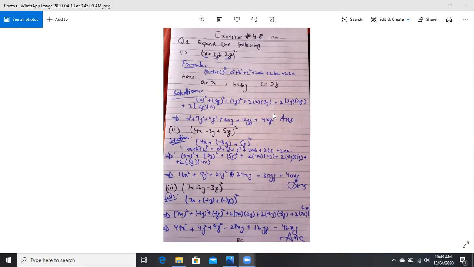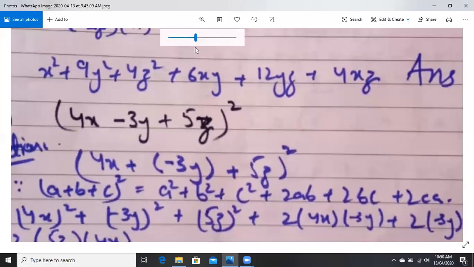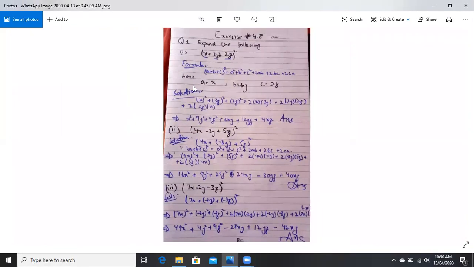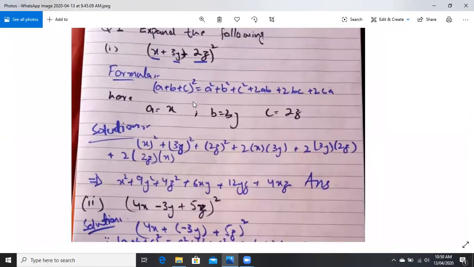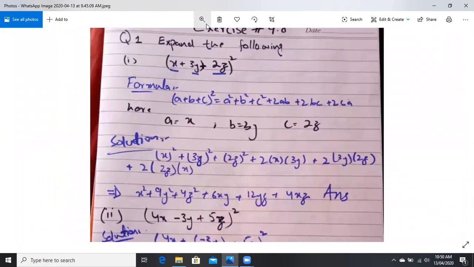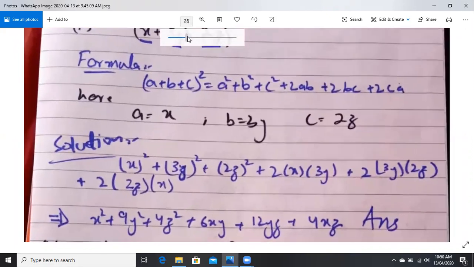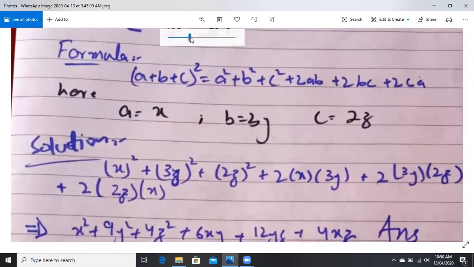We have a basic formula in this question, which is a plus b plus c whole square is equal to a square plus b square plus c square plus 2ab plus 2bc plus 2ca. This is a basic formula which is used in this equation. So moving towards the question is very easy,